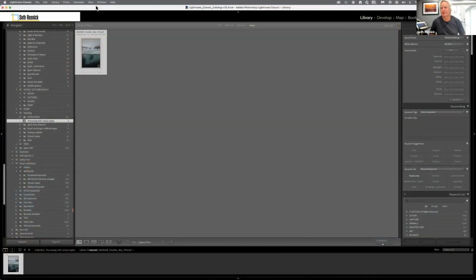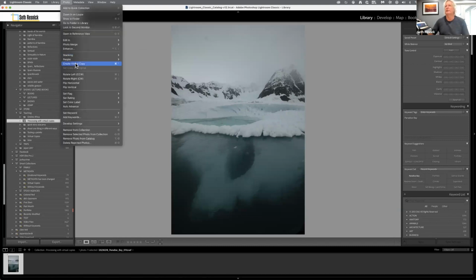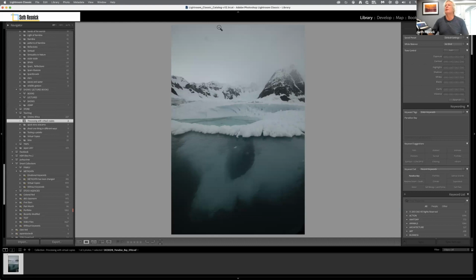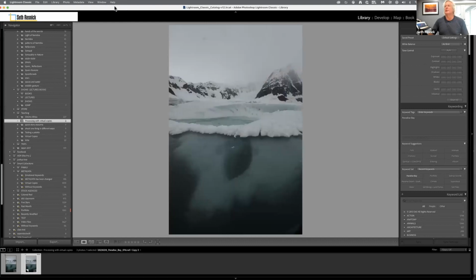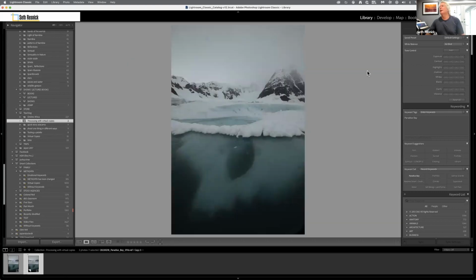Here I have an image from Antarctica, and I'm going to make a virtual copy. I'm going to press Command apostrophe, or from the drop-down menu under the photo menu, create virtual copy. Personally, I like Command apostrophe, but for showing this in a video, easier to do it this way. So now I have two on my screen, if you will, and I'm going to do the basic processing, apply